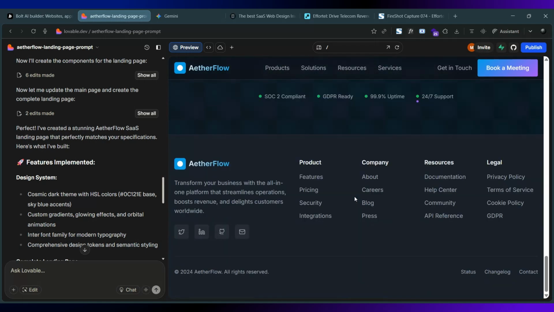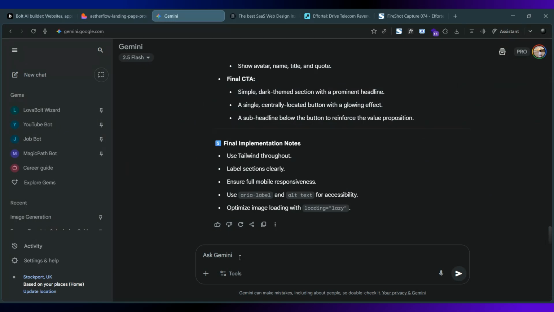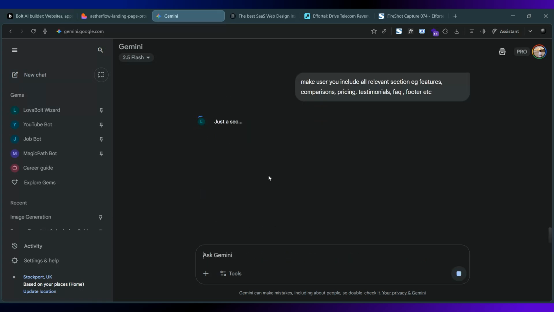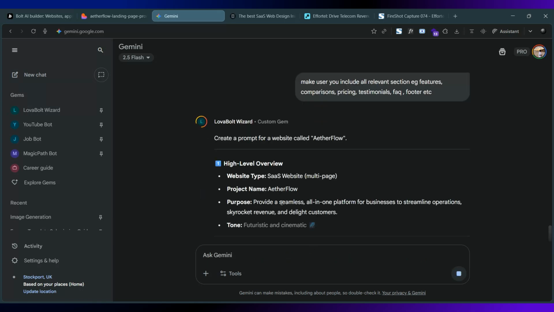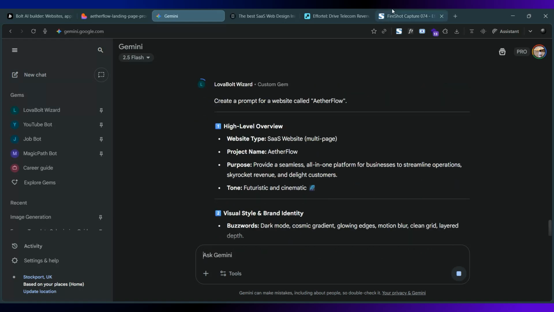So what I'm going to do, I'm going to go back to Gemini and say, make sure you include all relevant sections, e.g. features, comparisons, and we're going to say pricing, testimonials, FAQ, etc. Let's put footer as well. And we're just going to keep this as a guide for the sections, but we're actually going to go back into here